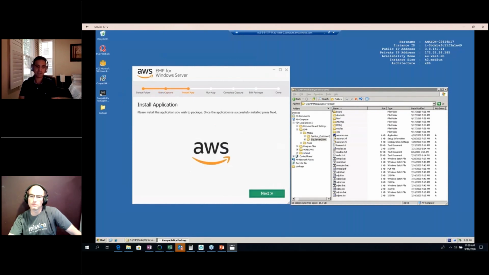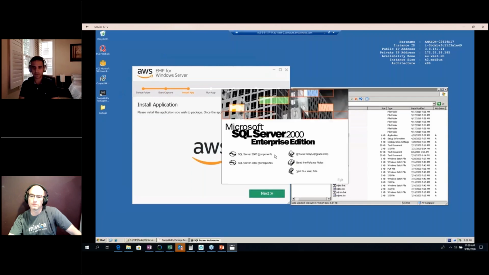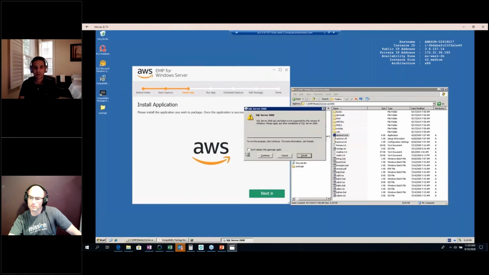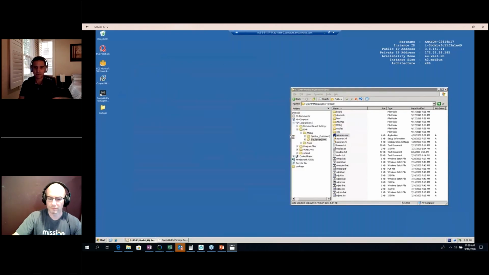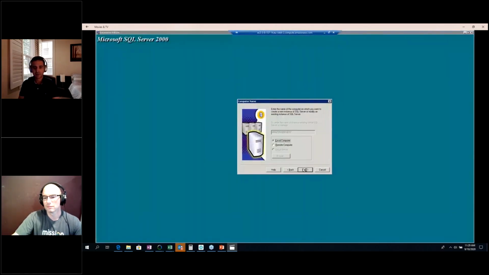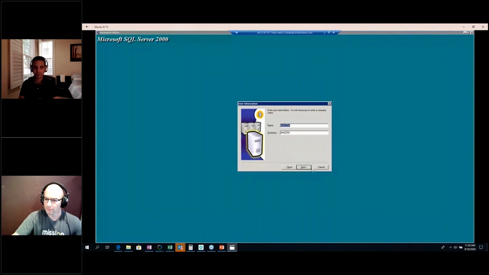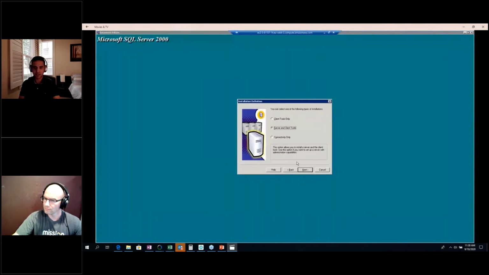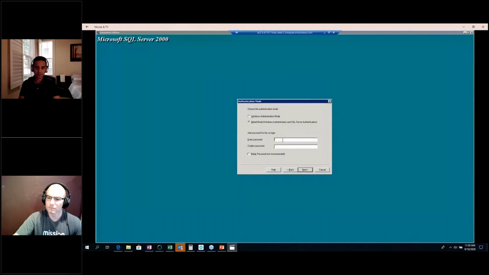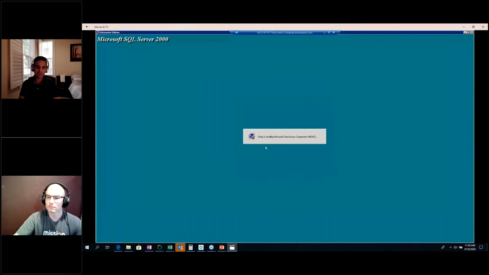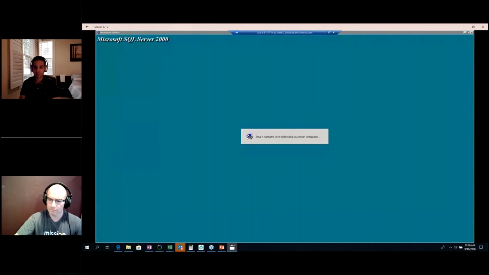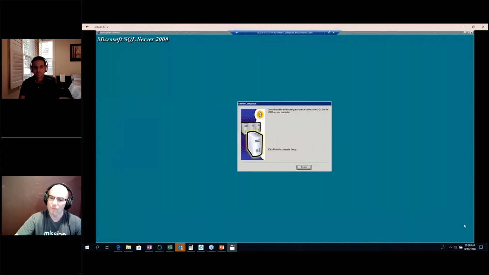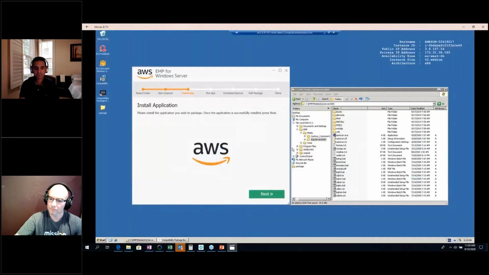Now we're going to install the application. So in this case, it's SQL 2000. So we are installing SQL 2000 just as we would, and what the application is doing is it's basically observing what is happening in the setup, right? So it's looking at what are the different reg keys, what are the different files that the application is creating as part of the installation process, and it's just basically keeping track of all of that. So that tool is doing that. So we'll let this finish, okay?